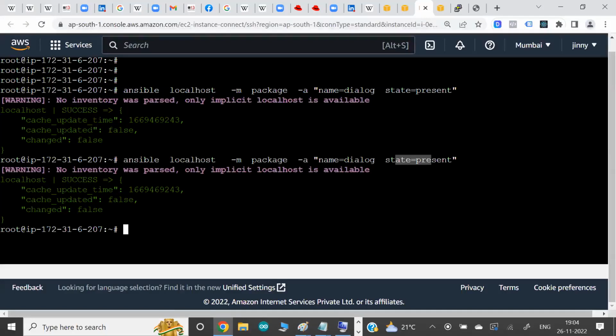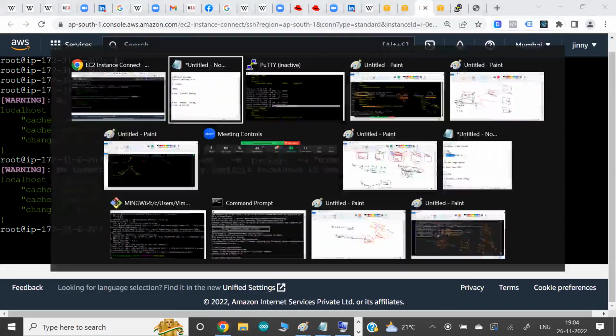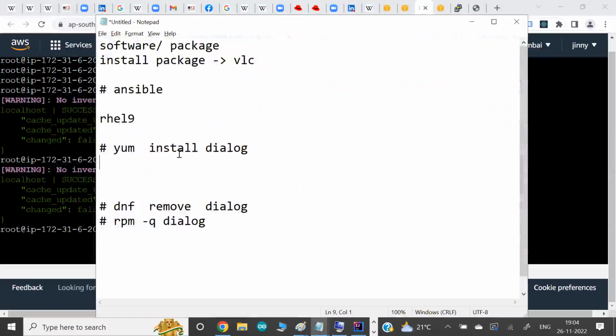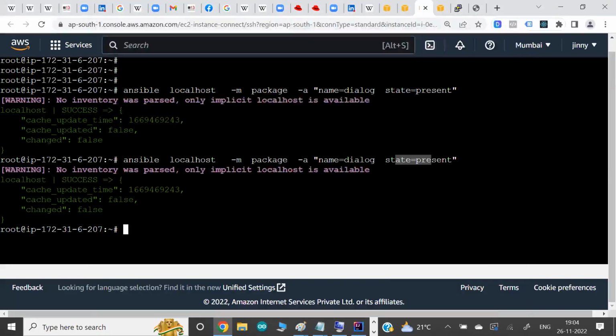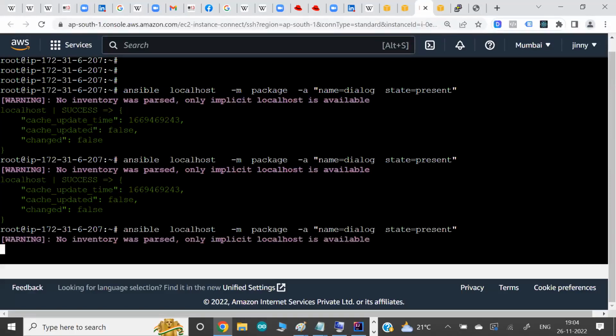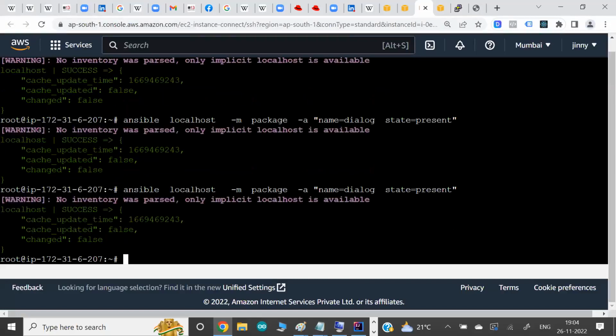You can achieve this with scripting also, but there you write a lot of extra code to achieve this facility. In Ansible, it's by default nature. The concept is that whatever you're looking for is already there, so don't run your command again. When you run the same command again and again and what you're looking for is already there, it does not run the command. It skips the command.